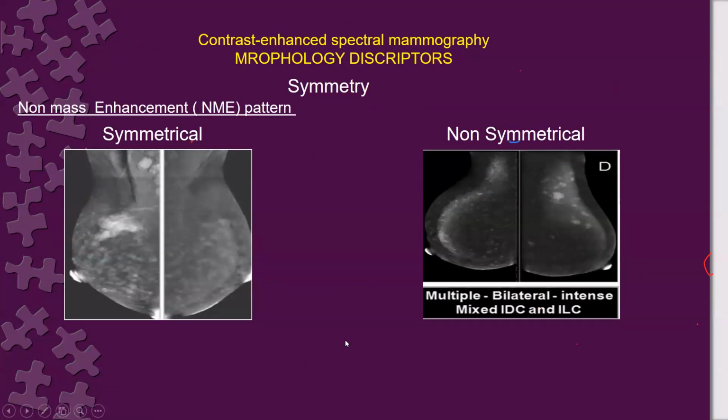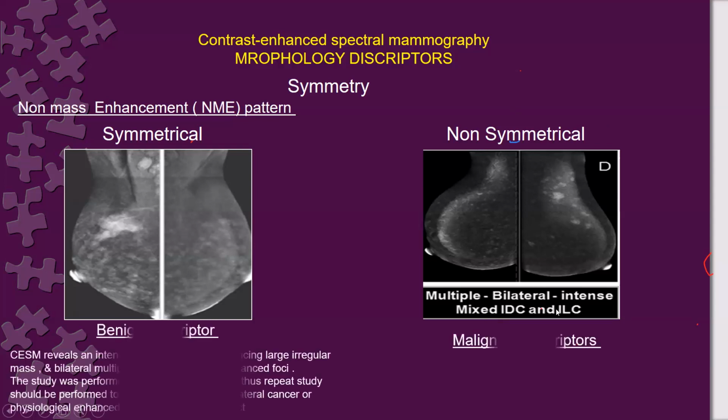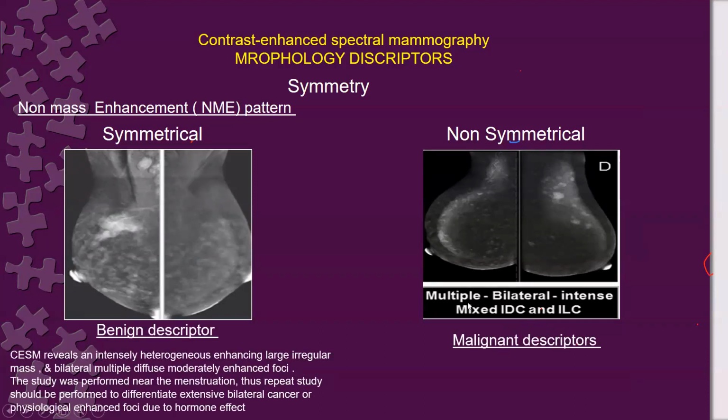Okay, going to non-mass-like enhancement. First of all, we are looking, is it symmetrical or asymmetrical? If it is non-symmetrical enhancement, as in this case, this is a malignant descriptor. In this case, it is bilateral and intense in case of malignancy. But when we look here, this is an irregular, intensely enhancing mass with enhancing adenopathy in a case of suspicious breast cancer, but there is bilateral, almost symmetrical,